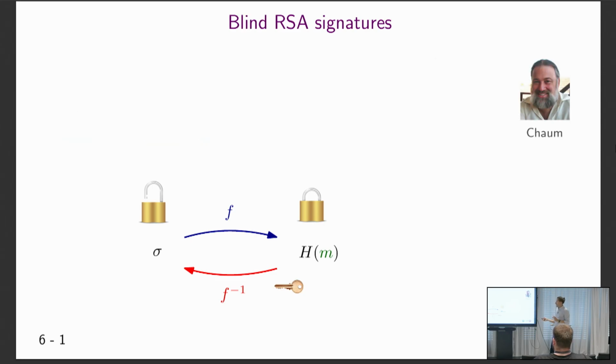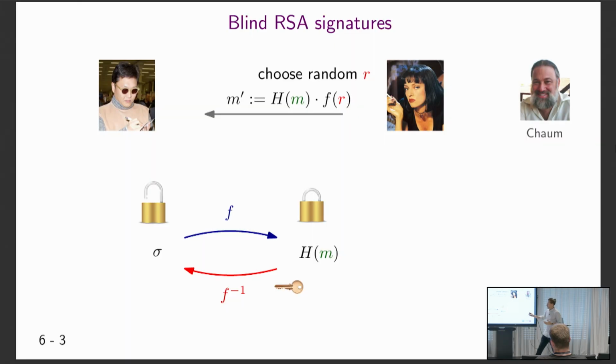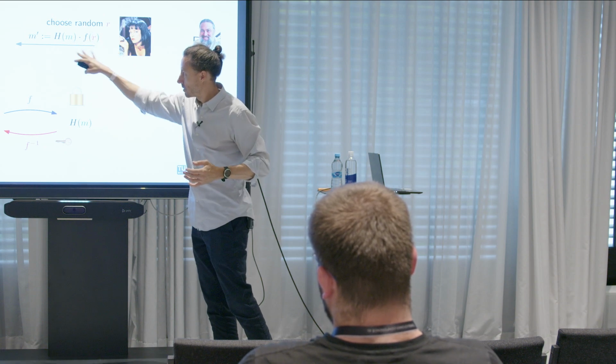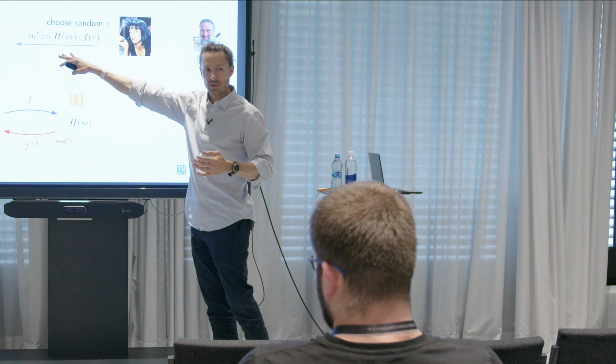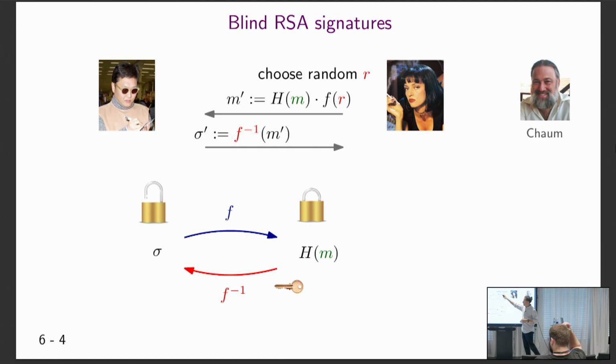Okay, so now David Chaum had this idea that you can actually define a blind signing protocol for this. So we have Sai the signer, Yuma the user. And what the user does is she takes the hash of the message and then she blinds it by f applied to r, where r is some random value, right? So that completely hides the message from the signer. So if the signer now applies the inverse function to m prime, then you can see that the f's cancel out, and so the user can obtain an actual signature by just dividing out r, right? Simple algebra.